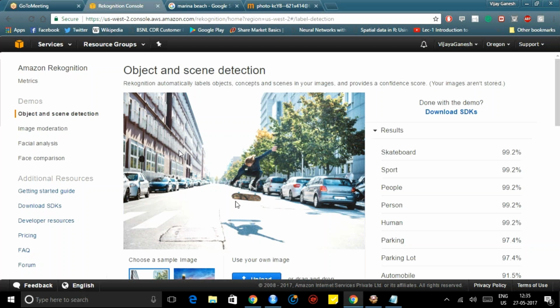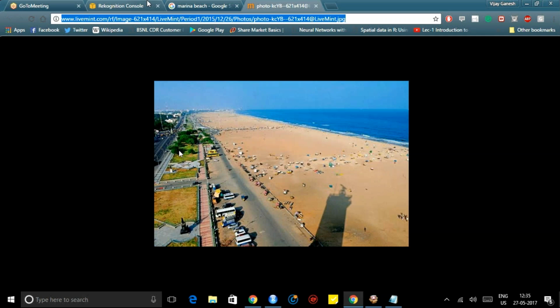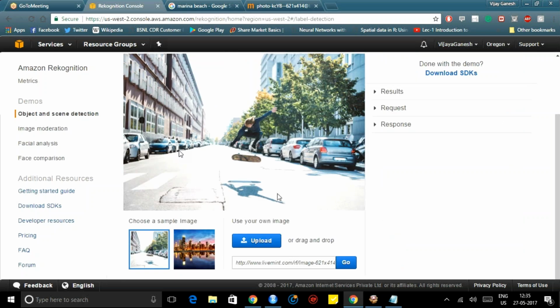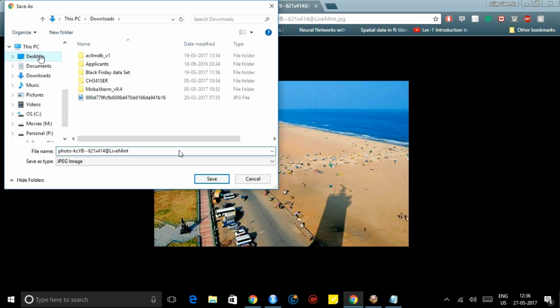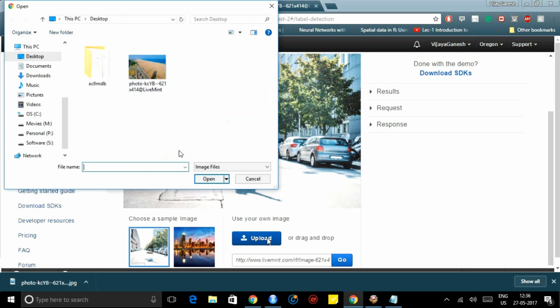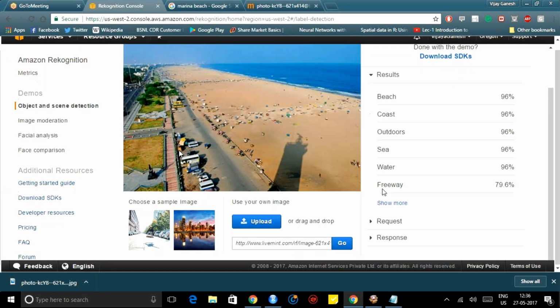So now we'll go and try our own image of Marina Beach. Here it has said beach, outdoor, freeway.